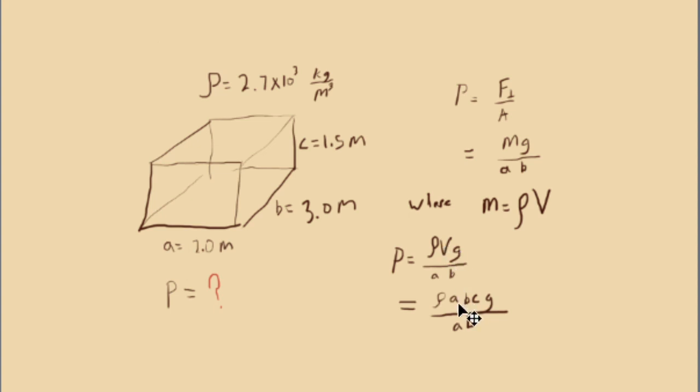But volume is just our base times our height, right? Our width, depth, and height, A, B, C, I have it represented. So our A and our base and our depth, or whatever you want to call it, of this object will cancel in the numerator and the denominator. And so what we see here is that our pressure of something is only going to be dependent on our density of the material multiplied by the height of that material multiplied by gravity,